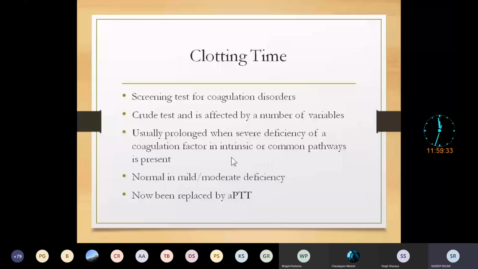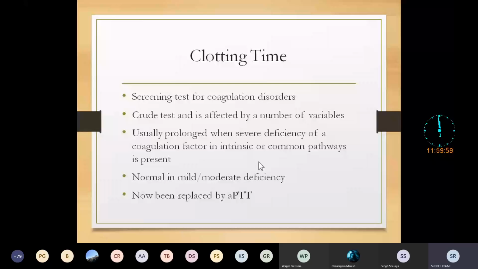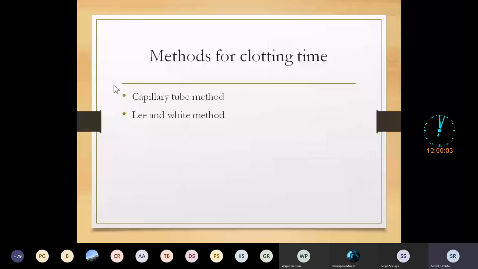It might be normal if there is only mild to moderate deficiency of the clotting factors. But now it has been replaced by APTT, because APTT also looks after the intrinsic and the common pathway, whereas PT looks after the prothrombin time, the extrinsic pathway. Okay. Methods for clotting time: we do a capillary tube method and Lee and White method, which I think you